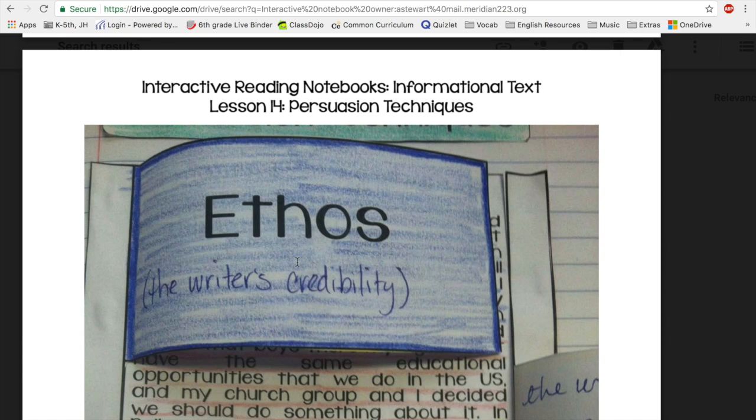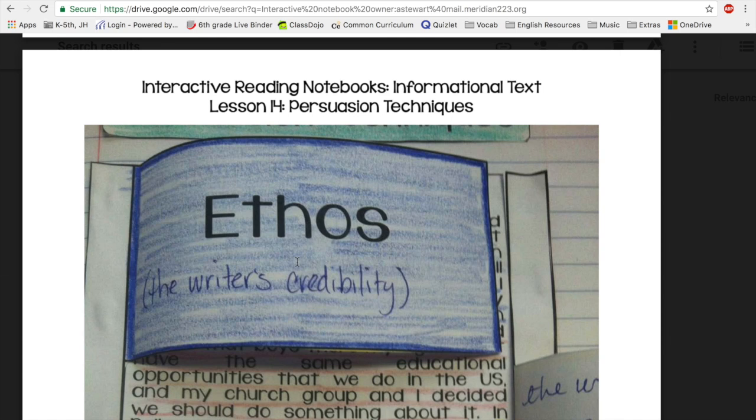So for example, if we're talking about something to do with health, a credible writer would be a doctor versus maybe a plumber talking about health or a farmer talking about health. Those people aren't credible. So a lot of times an author like Tarshish, we don't know if Tarshish knows anything about anything really, but Tarshish adds to her credibility by quoting people.